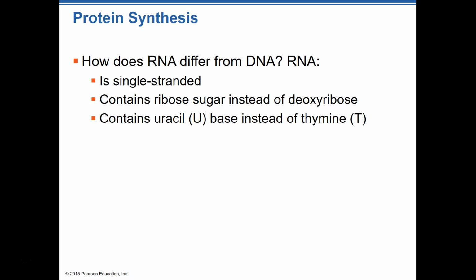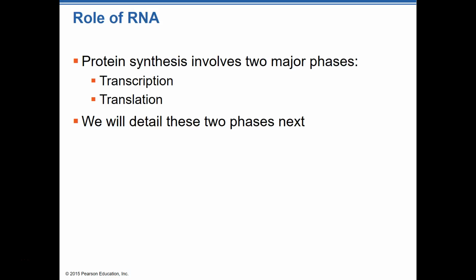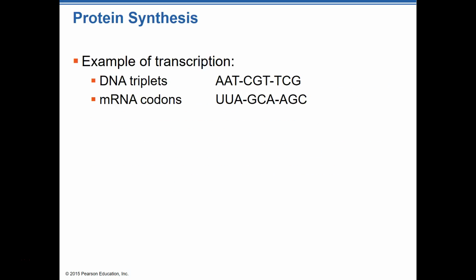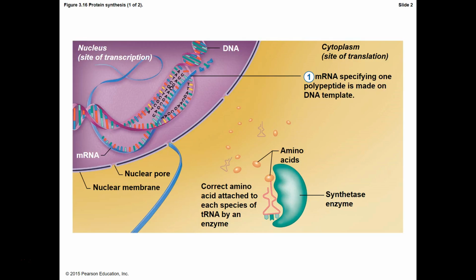It's basically the message. It transcribes the information from the DNA, and it takes it out to the ribosomes in order to create those proteins. And that's going to happen in two phases, of course, transcription and translation, where the RNA is transcribed and then it's translated into the protein. And I don't really want us to get too in depth into that. Just want you to kind of have an idea of what's going on.